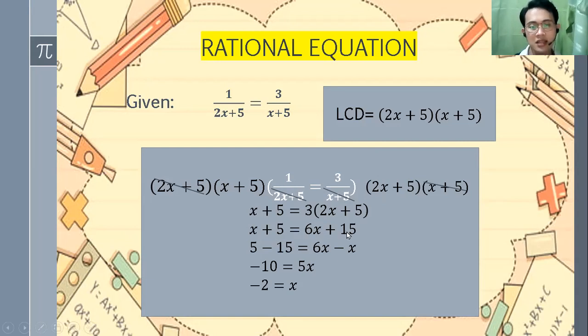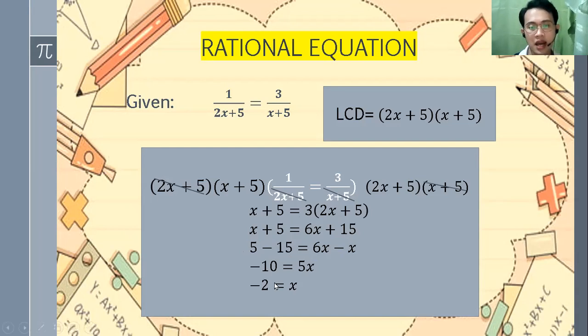After that, what do you think is the next step? We are going to regroup them. Regroup the numbers and regroup the terms with the given variable x. We can see here x and we can see here 6x, so we regroup both of them. 5 and 15, we regroup them. So it will turn out to 5 minus 15, which is equal